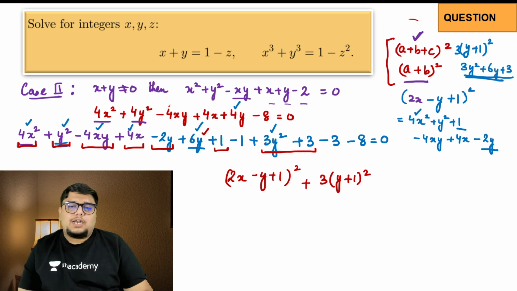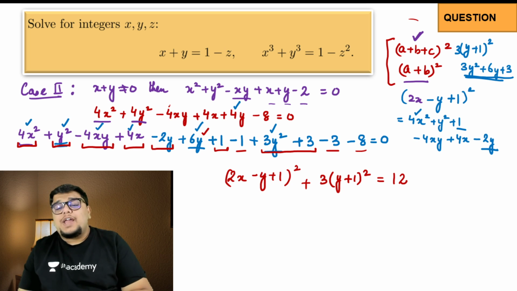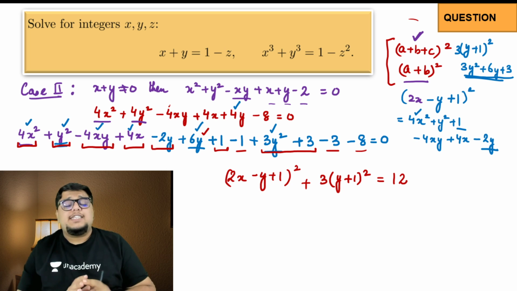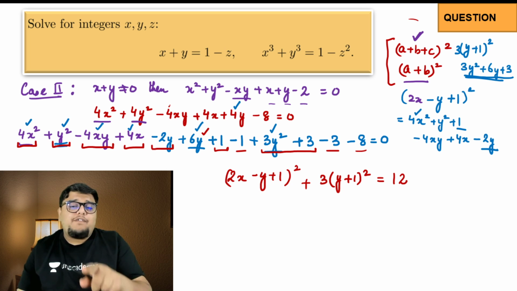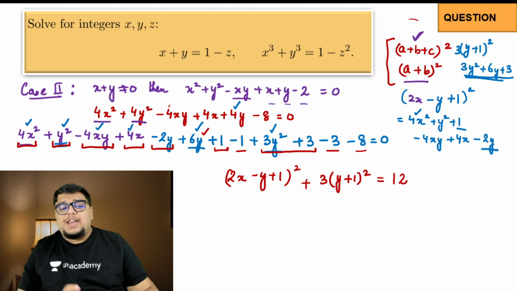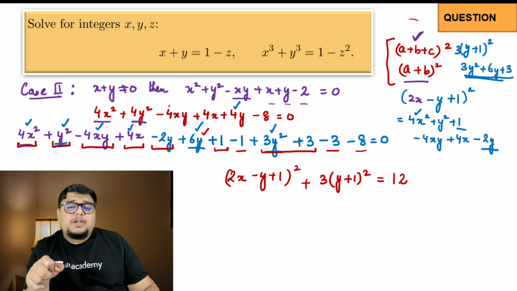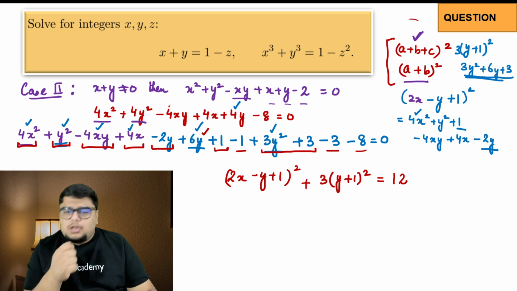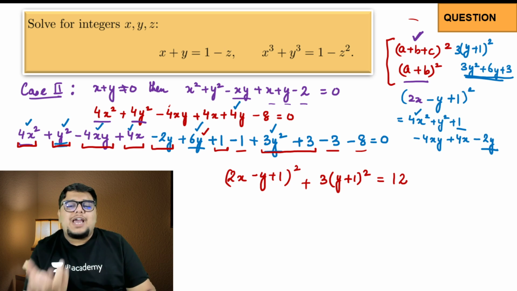Now what are the constants which are left? Minus 1, minus 3, that is minus 4, minus 8, minus 12. 12 goes that side. So finally we have something like this. So in these type of questions, factorization can be game changer. Because when you have something like this now, it is very easy to find the answer. The reason I say it is very easy is because you will see okay, it's now simple. You could say okay, since x and y are integers, there are only some integer values which will satisfy this relation. That square of this plus 3 times square of this is equal to 12.